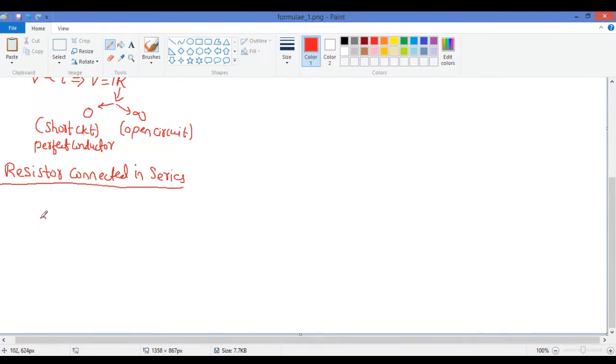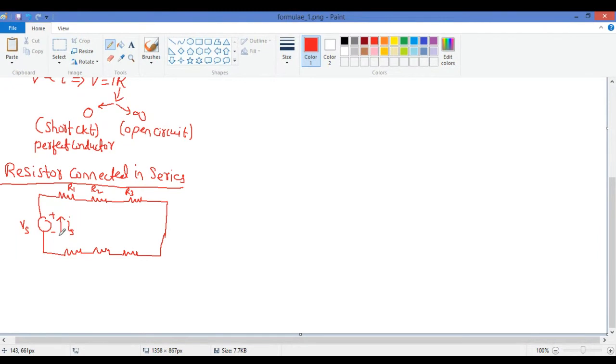Suppose you have a voltage source Vs, and you have resistance 1, resistance 2, resistance 3, all connected in series. Suppose all are resistances, and the current is Is, and this is R1, R2, R3,